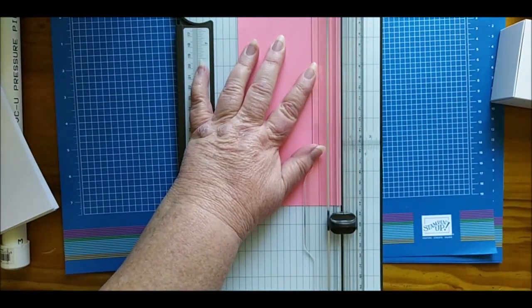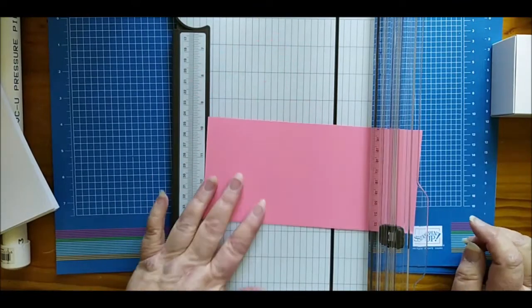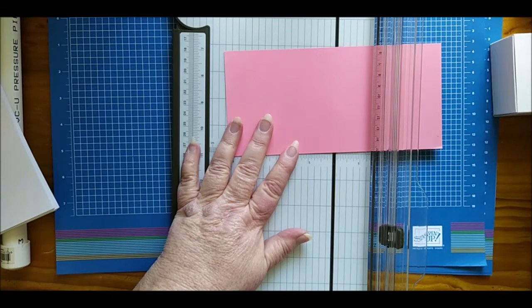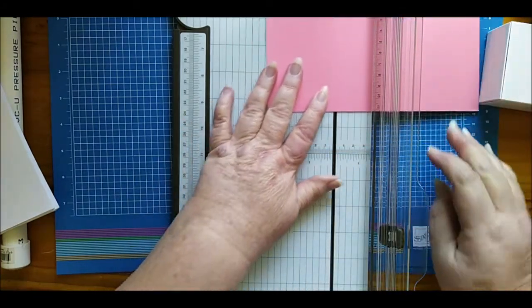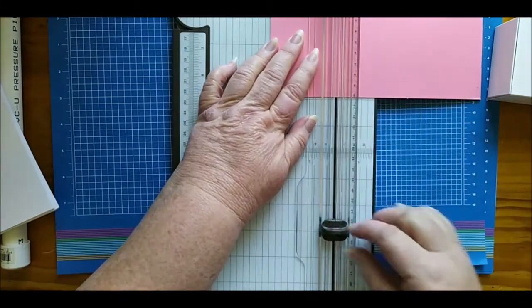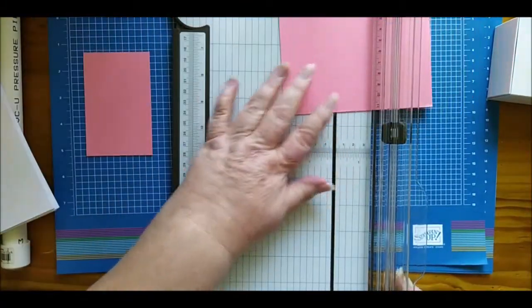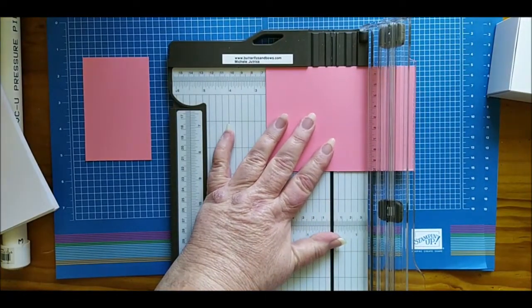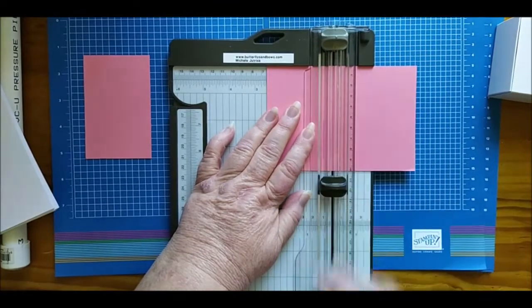Remove that piece. Then it is 7 centimeters deep, so it's 7 centimeters that way. So I'm going to cut this at 6.5. Now I need 2 of these pieces. So 1, 6.5, 2,